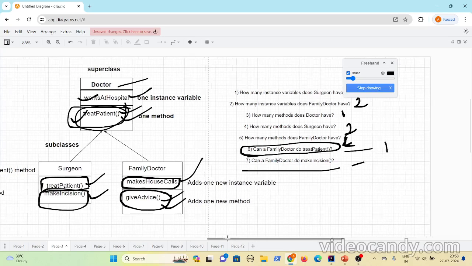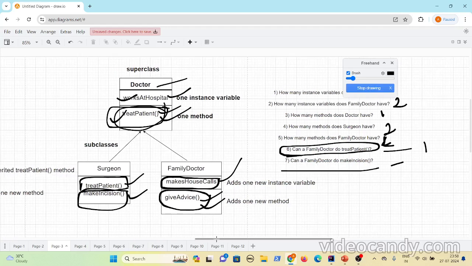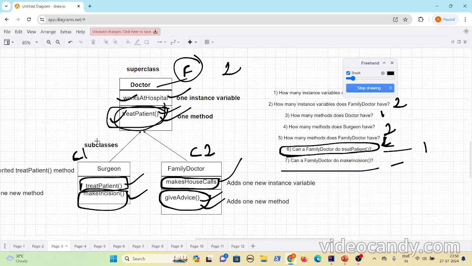Now, you can compare this inheritance with a family tree. Let us consider this as a parent, father or mother. And then here are the siblings, like children: child 1 and child 2. Now, let us consider a property. Let's say a father has some property, then that can be used by both the first child and the second child as well, right?